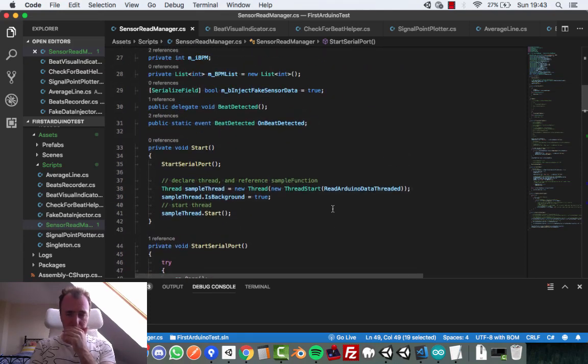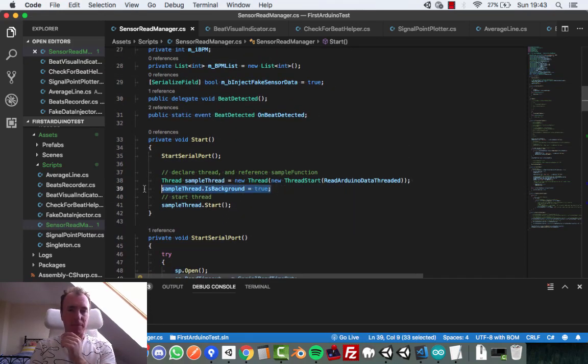So let me see, threading, yes. That was a new thing that I did. In general, from what I understand and from the work that I've done, if you're reading data from an external piece of hardware like this Arduino kit here, or what I do at work, where I read data from external hardware that's created by the hardware guys in the other office, it's best to do it on a new thread,